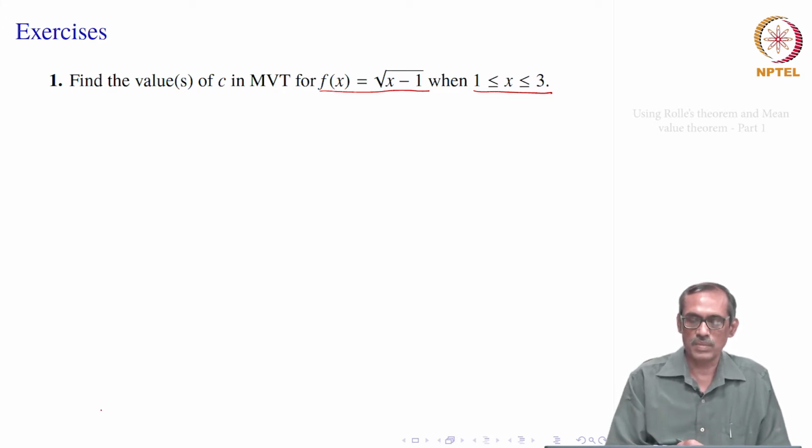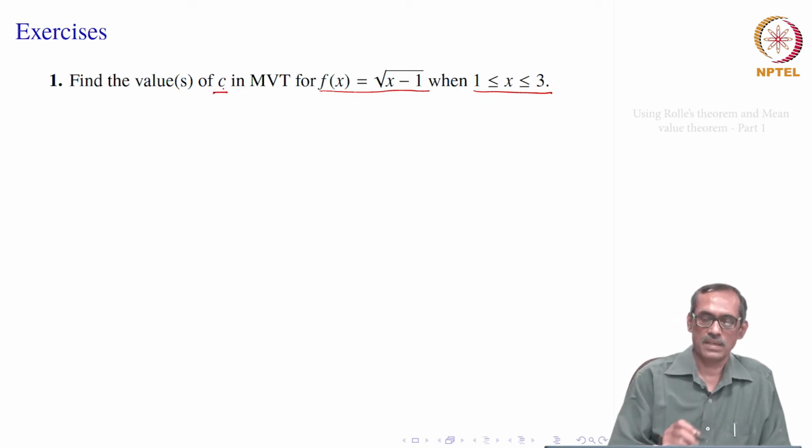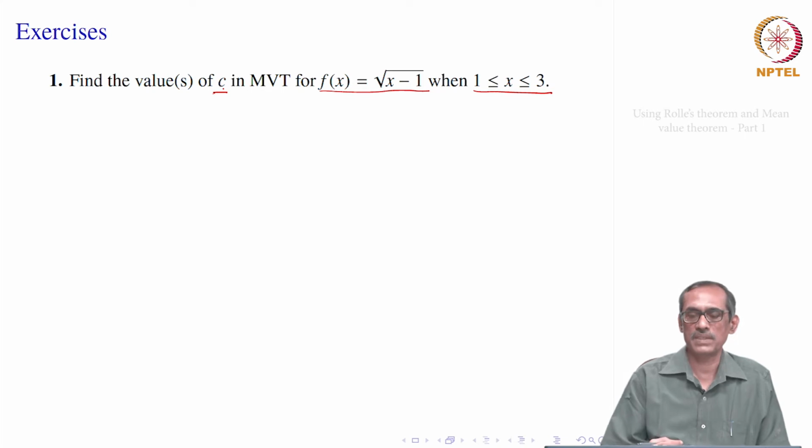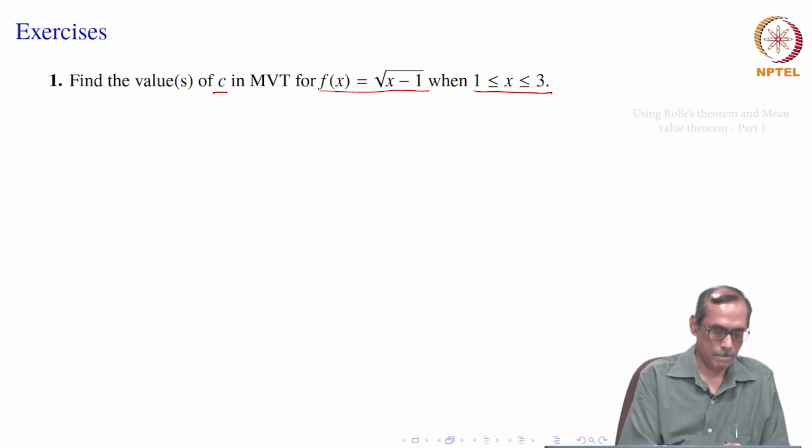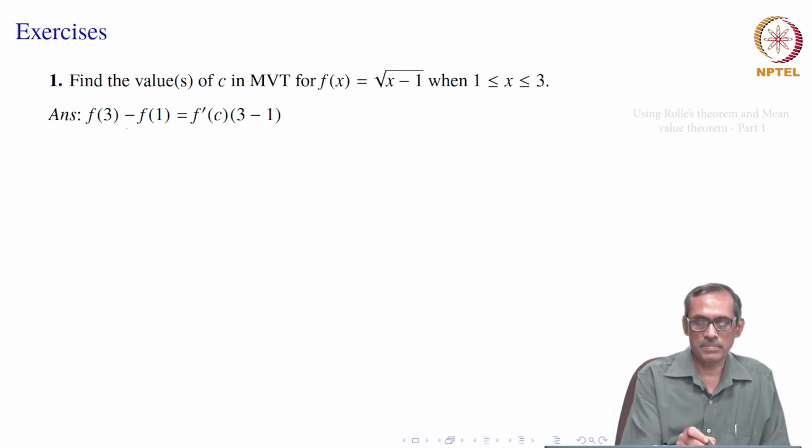So, you can use the mean value theorem on this interval, that is, f of 3 minus f of 1 divided by 3 minus 1 should be equal to f prime c for some c. So, that c we want to find, or if possible many c's which will give that value for this f, that is what we want. Okay. So, now f of 3 minus f of 1 is f prime c into 3 minus 1, that is what the conclusion of the mean value theorem says.